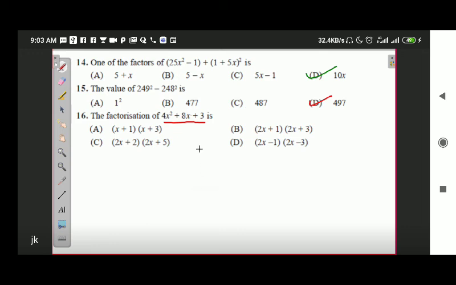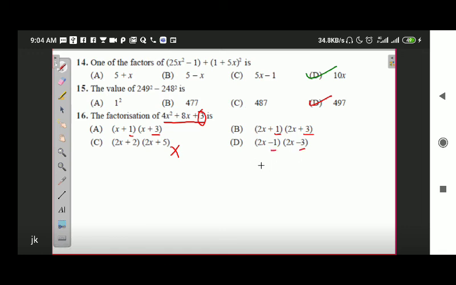What is, you see 3. Okay, so what you do is you multiply the constant part of both the brackets and see whether the answer is going to be 3 or not. So for the first part, the answer is going to be 3. For the second part, the answer is going to be 3. For the third part, the answer is not going to be 3, so C is eliminated. For the last part, the answer is also 3.